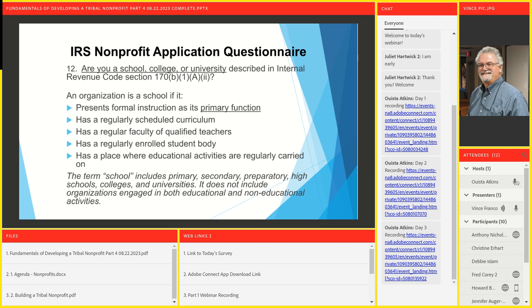They have a regular faculty or adjunct instructors and teachers, subject matter experts, and they hire them, paying them directly or indirectly, so they have a full roster of those subject matter experts. They have a regularly enrolled student body, and a place where educational activities are regularly carried on, either bricks and mortar or an online or virtual process on a regular basis.